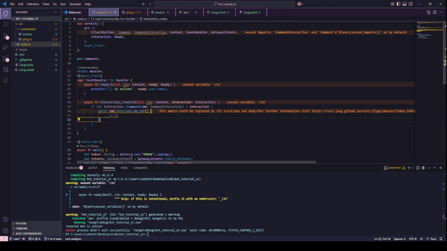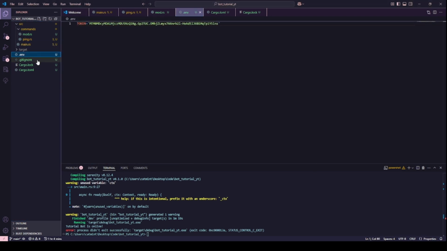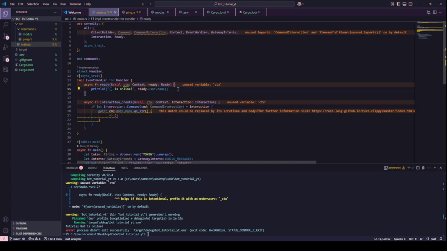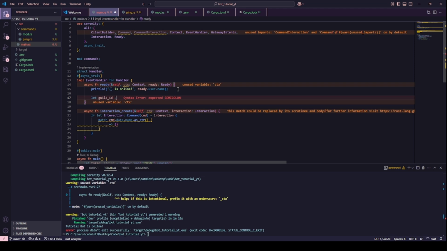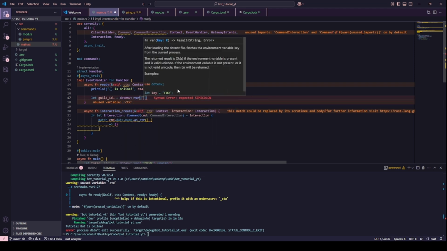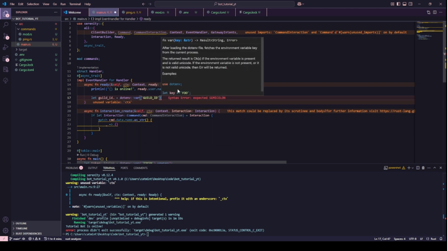Okay, and to do that, we actually need to get our guild ID. So we are going to go back to Discord, right-click on your server icon, click Copy Server ID. And we're going to do guild ID in our .env, paste that in. Now, under our ready function, we're going to do let guild ID equals .env var guild ID